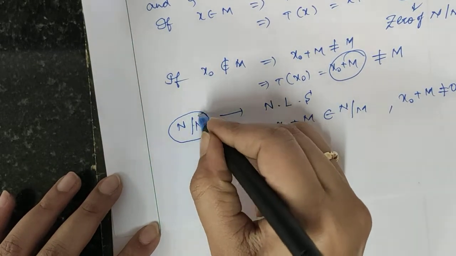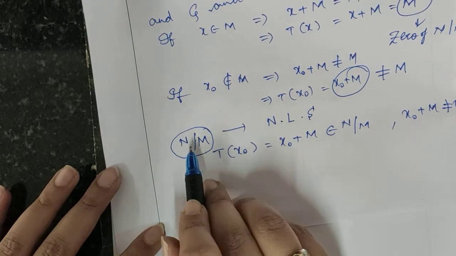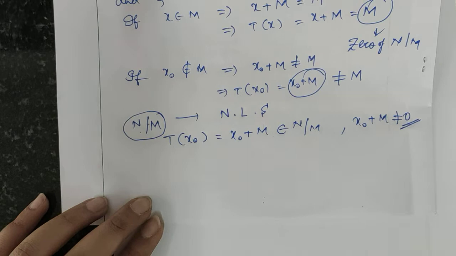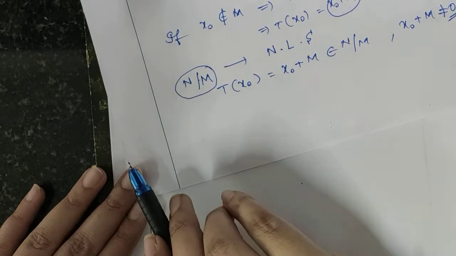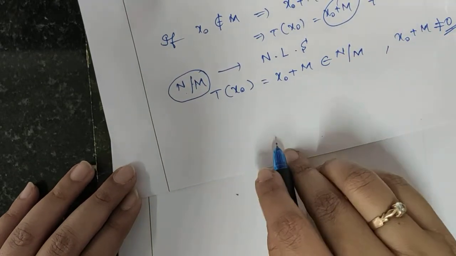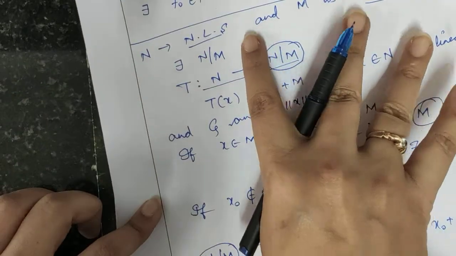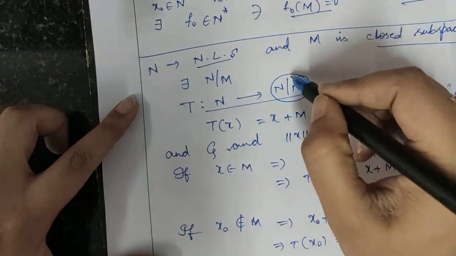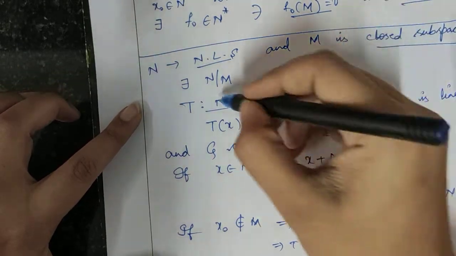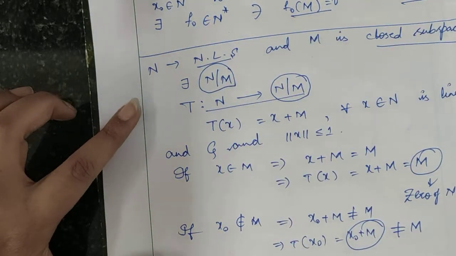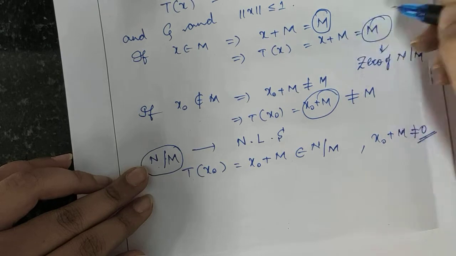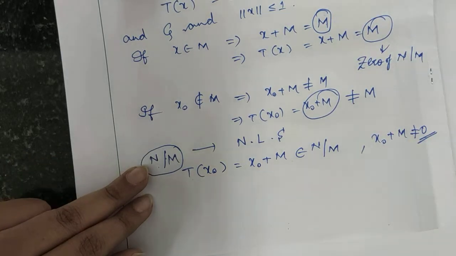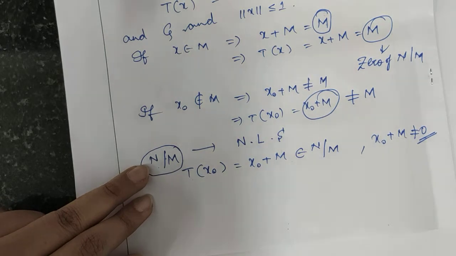Here we are not saying N by M as a quotient space, that's why I have written this is not equal to 0. Yes, it is a quotient space, but what happens is we are using this as given data, and we are saying that there exists a space which will be in this form. But we know that N by M is a quotient space. If it is equal to M, then I can say that M is a 0 element for space N by M, or you can say that it is a 0 element of the quotient space N by M.